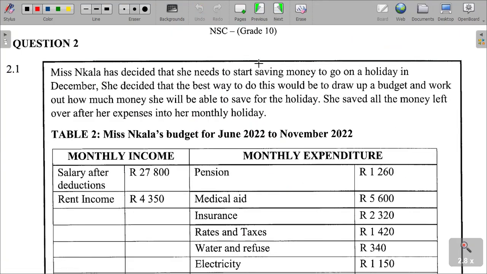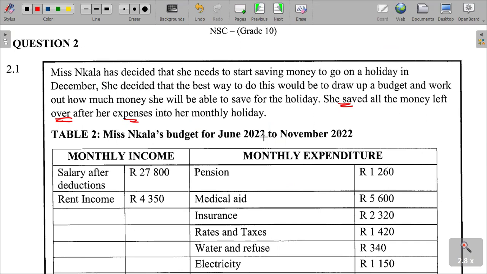2.1, Miss Ngala has decided that she needs to start saving money to go on a holiday in December. She decided that the best way to do this would be to draw up a budget and work out how much she will be able to save for the holiday. She saved all the money left over after her expenses into a monthly holiday. So all the money that is left after her expenses, we are saying is saved. And then the table